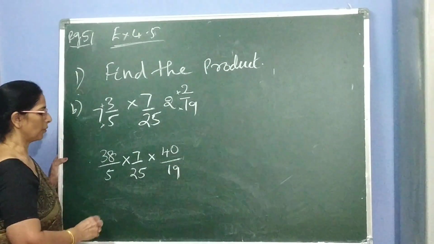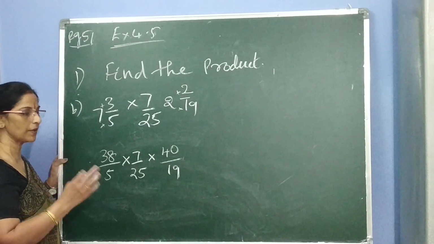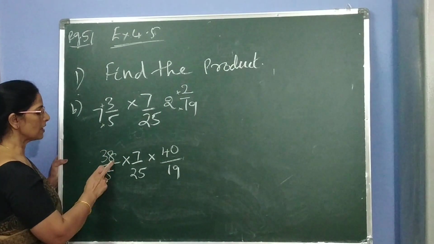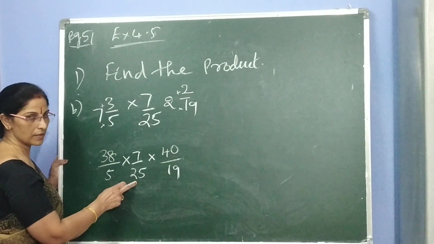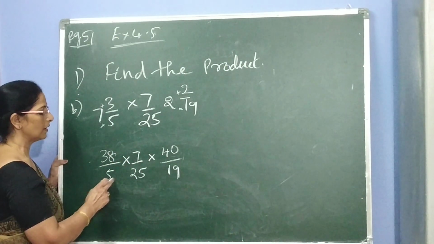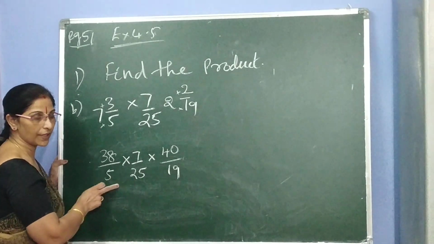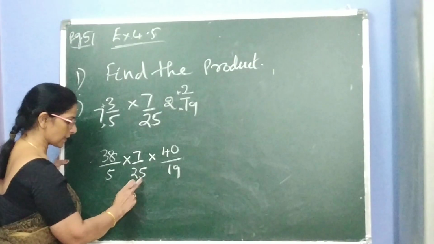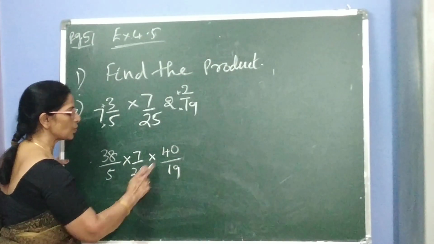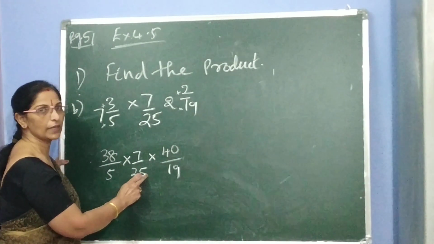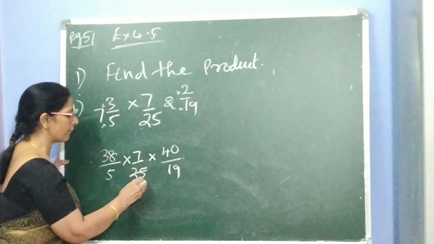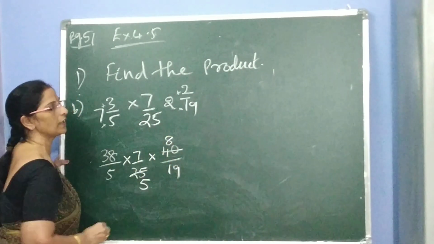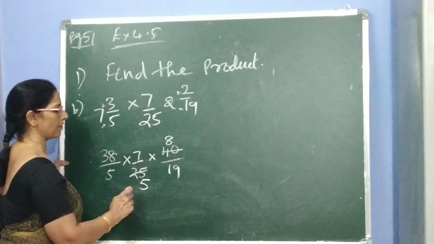Okay, children. Now, wherever simplification is possible for cross numbers or up to down, we can go for simplification. These two numbers we cannot simplify. These two also we can't. Here don't do simplification for denominators, don't do simplification for numerators. Now let's check with these numbers. These two numbers can be divided by 5. So 5 5s are 25, 5 8s are 40. These two numbers were simplified.